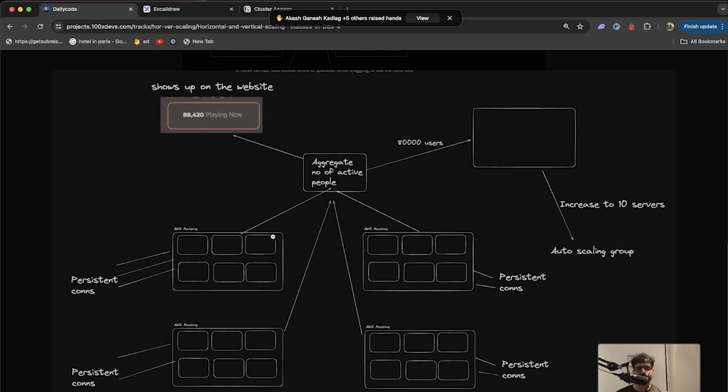So now comes a slightly more complicated one. What if they ask you, now you have a real-time application. You have a chess-like application. How would you scale now? And in a chess-like application,